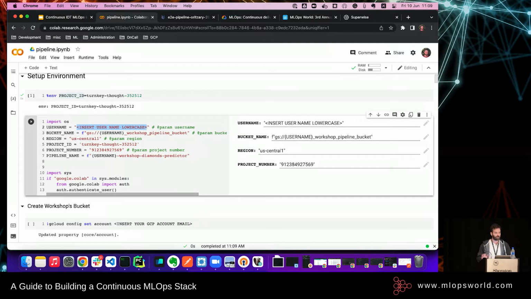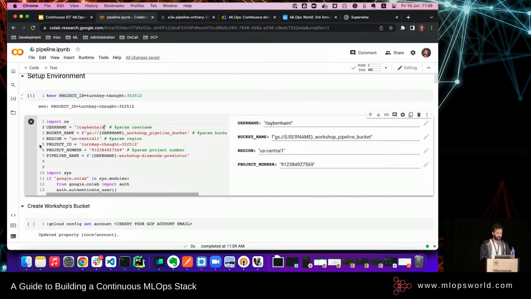And just to make sure, did you guys get the repo? Is everything okay? Just nod your head. Okay, great. And then define your username that you're going to see. So I'll just write mine. Itay, that's my name. Use lowercase without any dashes or underscores. Okay, it's a bit sensitive to it.